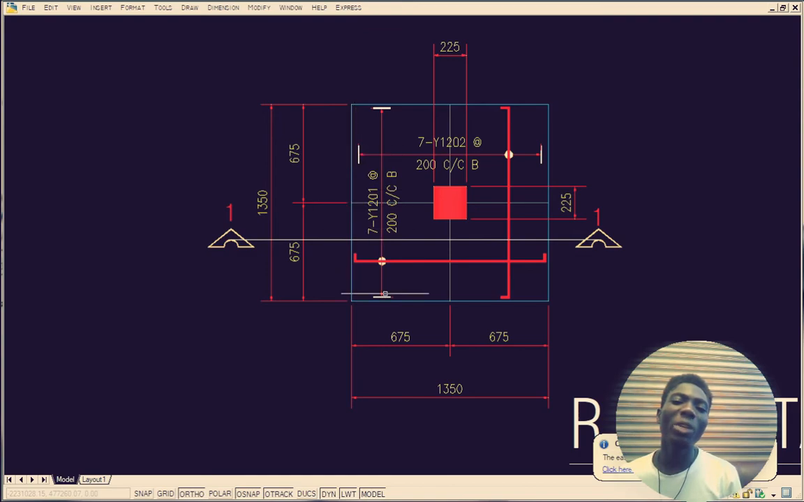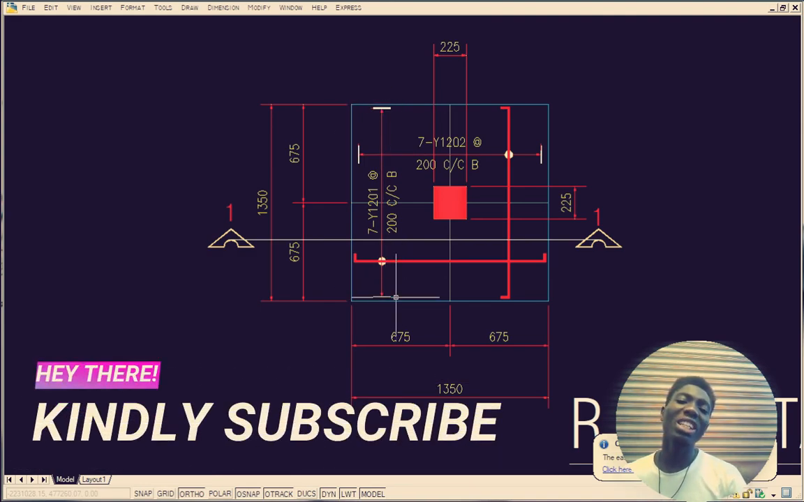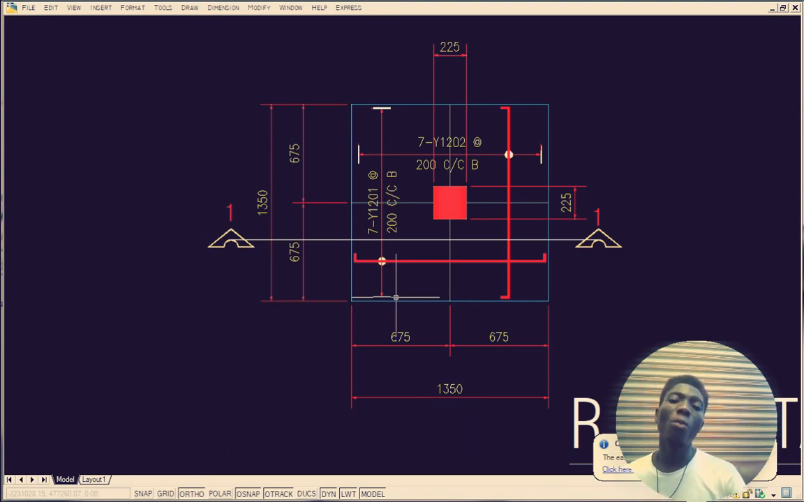So the meaning of this detail is that 7 numbers of Y12, where Y12 is the diameter of the reinforcement, is needed to span along this side. So it's coming from the bottom to the top here. So we are arranging it with a distance of 200 mm from one reinforcement to another. So from here